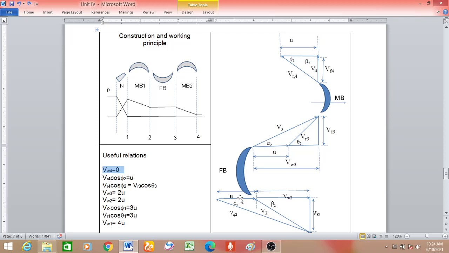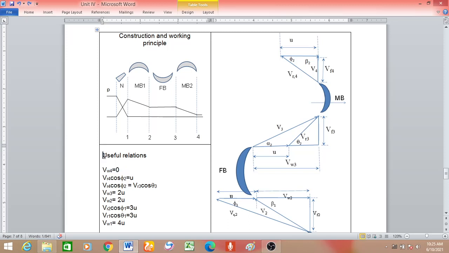It need not be like this. You can very well put velocity V4 in this direction and show some whirl component at outlet. That is for a general case, where you will not have the maximum condition. If you want, you can complete it like this. You put V4 here, then VW4 somewhere in between, and you can complete. And you will have some flow angle at outlet also, beta. Here it is 90. It will be less than 90 for that case. Okay, so for this configuration, for maximum blade efficiency for a 2-stage axial flow impulse turbine, we have VW4 equal to 0.